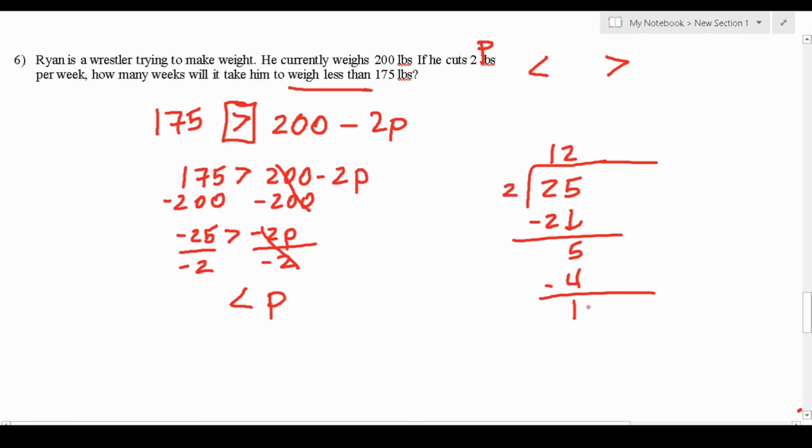2 doesn't go into 1, so we have to add a 0. In doing so, that's going to prompt us to add a decimal. 2 goes into 10. Of course, 5 times 2 is 10, so we can see there's no remainder. So this is 12.5. Let's write it such that the